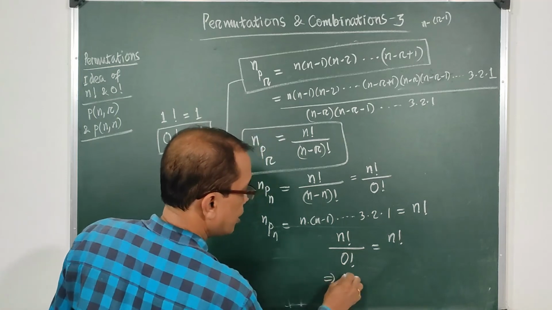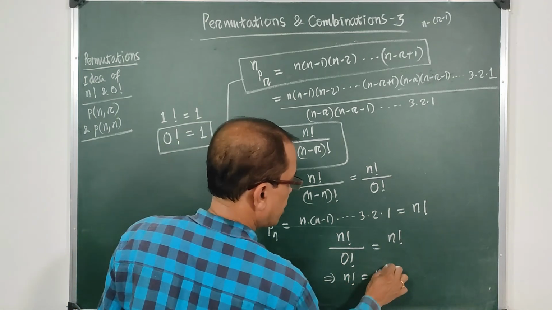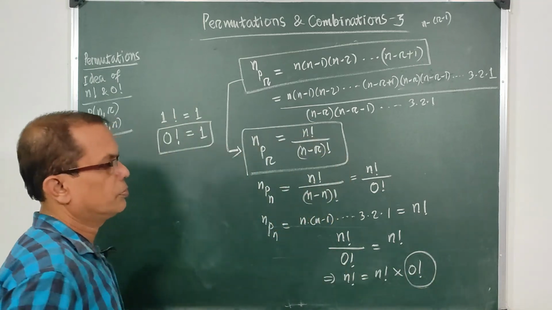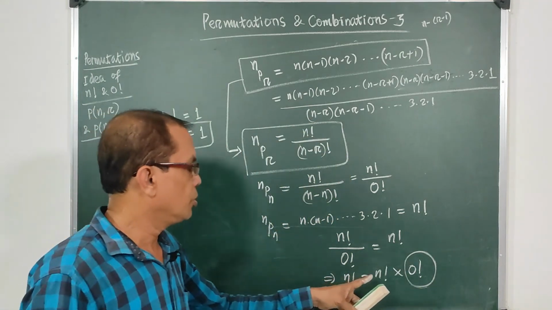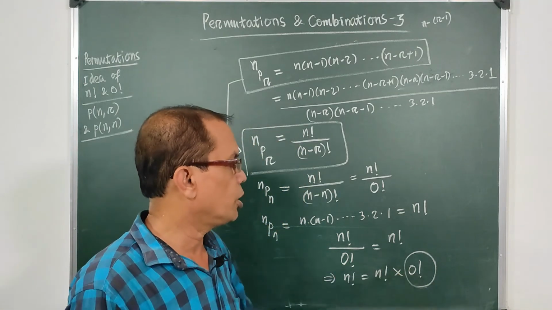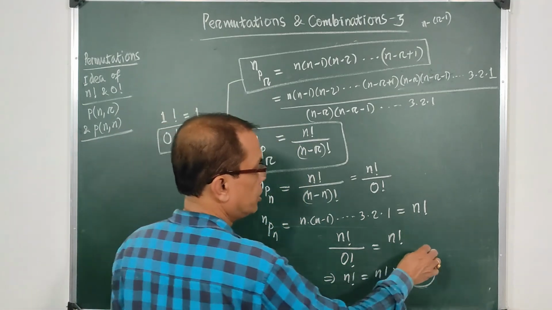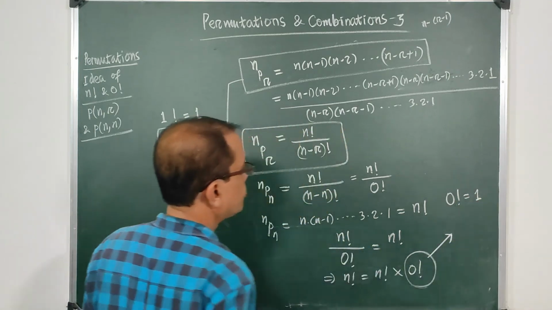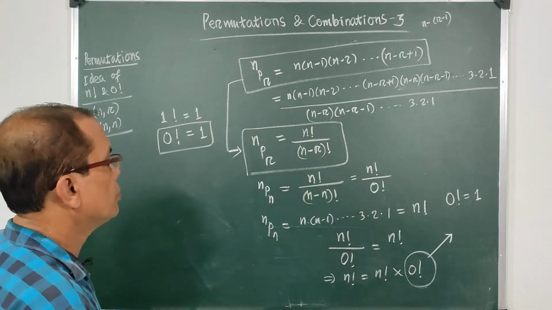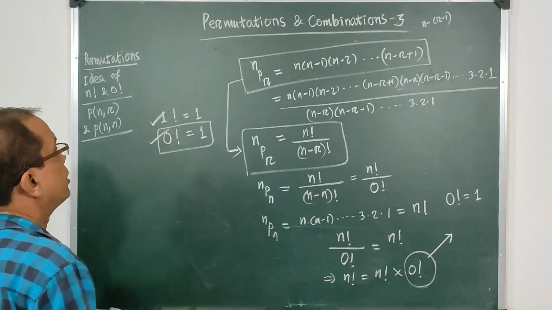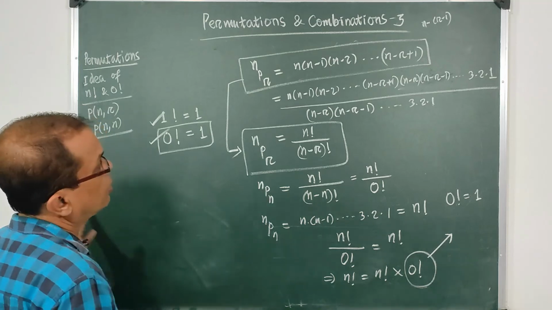That means n factorial is n factorial into 0 factorial. So what should be the value of this one? If you multiply something and you get the same thing, that is the multiplicative identity 1. So this proves that 0 factorial is equal to 1. So we got 0 factorial is equal to 1, 1 factorial is equal to 1, and we have already decided